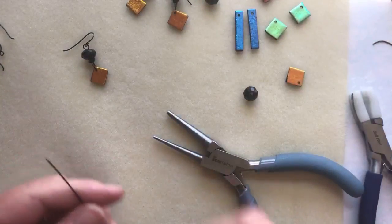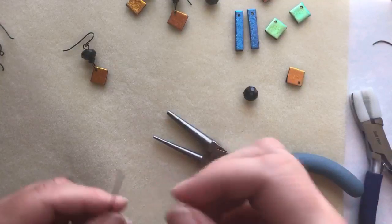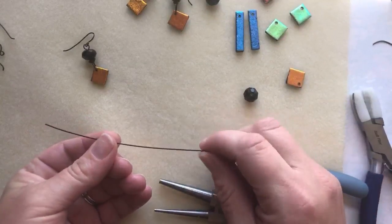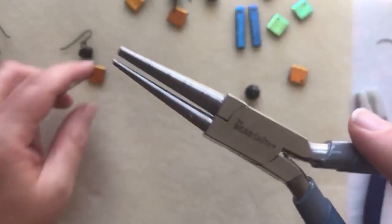Pamela says, sure. Okay, so I'm going to go ahead and do it one more time. This way you really get it. So we've got 5 inches of craft wire, black, in 20 gauge. We're going to start with the